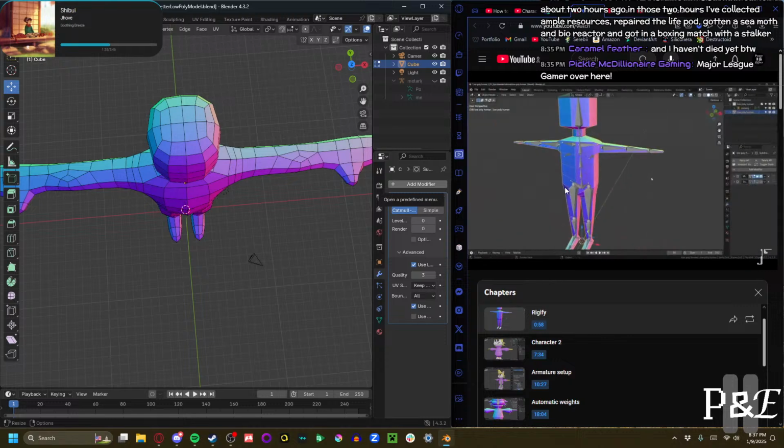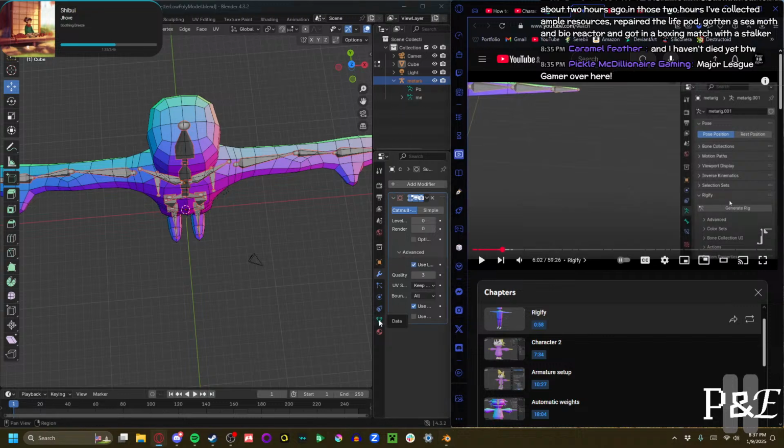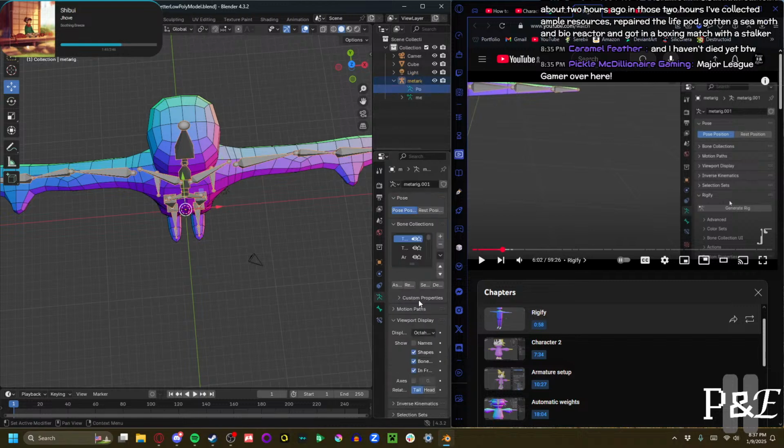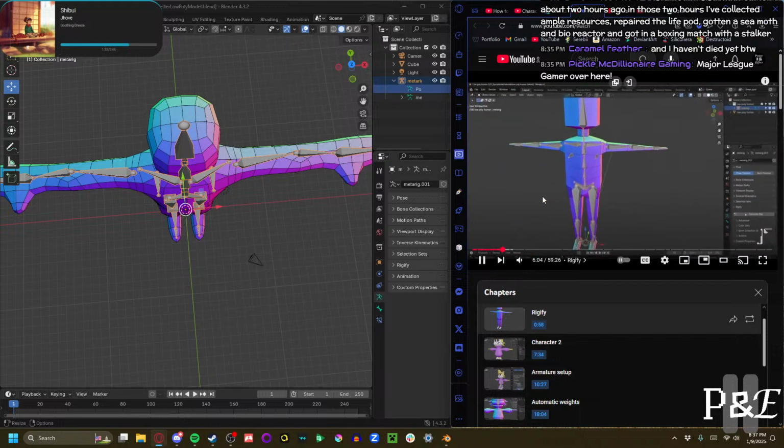Okay, let's unhide our rig. We can select it, and then if we go back to object data properties and scroll down, we'll have this Rigify option that the add-on gives. I'm supposed to be back in object mode. Here we go. Collapse bone collections, pose, viewport display. Now that everything is lined up, we can just press generate rig, and now we have